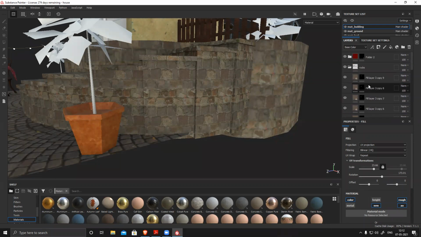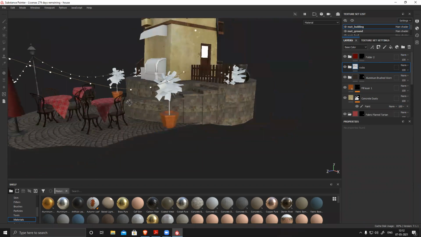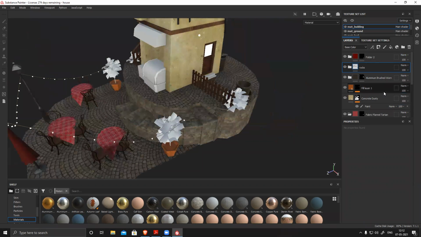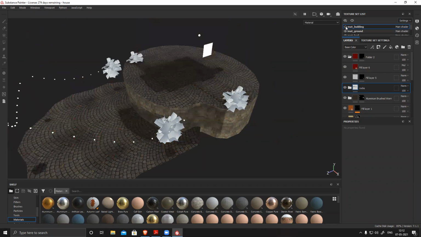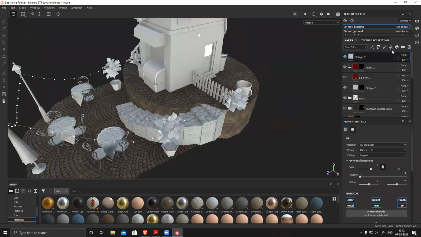So what I'll do is I'll go to rocks, right click, add a black mask, or maybe undo. Overall, for the entire scene, I want to generate some dirt. I'll create an empty layer, and suppose I want to create only dirt.